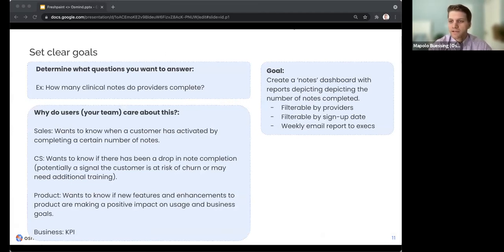Okay, so first, setting clear goals. Maybe you've done that user research and gotten a bunch of data on what the different needs are at your company. You can figure out why specific groups care about that data. For example, sales may really care about when a customer activates or has completed onboarding, because maybe they get a commission for it. CS wants to identify a user that might be at risk of churn or make sure that